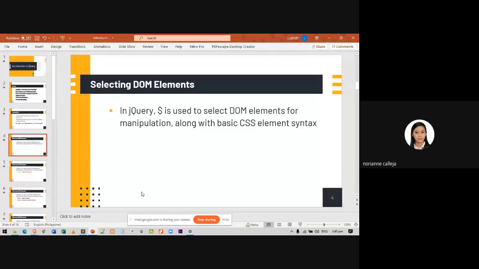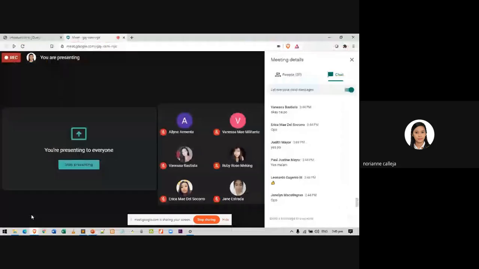And I will be providing you ways for selecting HTML elements or DOM elements that will be used for manipulation. You can use a very simple syntax, same as with CSS, that starts with the $ sign.